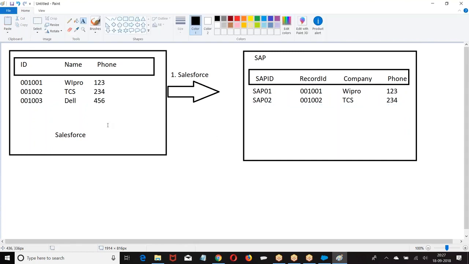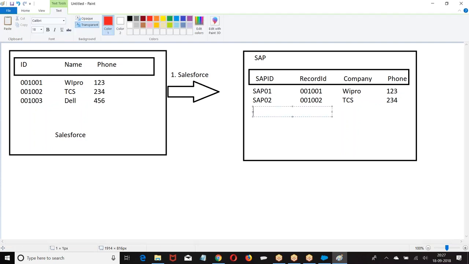Now when they send the data to SAP, the Salesforce record ID is also available in SAP. Now in SAP, what are the people doing? They are creating some more new records. When you create a record in SAP, the Salesforce record ID will not come. Am I right?